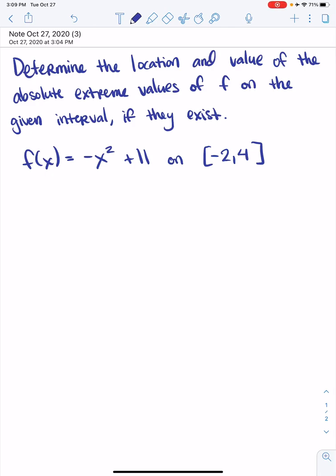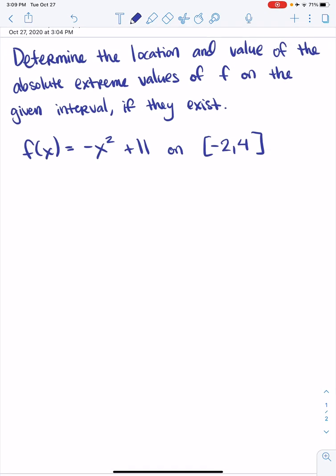All right, so this time we're going to determine the location and value of the absolute extreme values of f on the given interval if they exist. Now, according to the extreme value theorem, the locations of absolute extreme values will either occur at critical points or endpoints on the interval. So we need to figure out what are the critical points of f of x, and